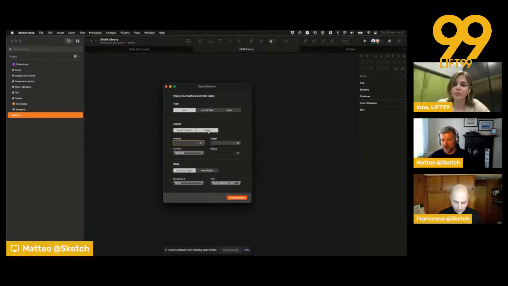Then, of course, based on those two options, you can define if you want padding, if it's smart layout, or if you want the fixed width. If it is fixed in size, then you can select the height, the kind of corners you want. They are square, they are circle, or they've got a specific value. And then the style, if they are existing styles, or if you want to create a new style from scratch,